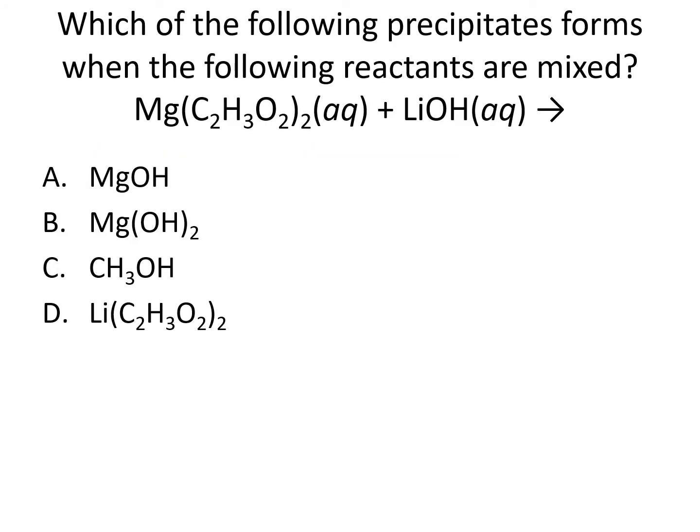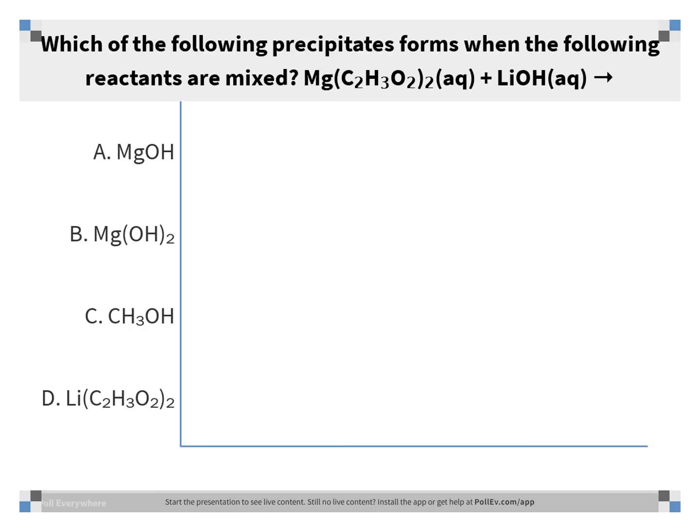Which of the following precipitates forms when the following reactants are mixed? The reactants that are mixing are Mg(C2H3O2)2 aqueous and LiOH aqueous. Is the answer A, MgOH, B, Mg(OH)2, C, CH3OH, or D, Li(C2H3O2)2? The correct answer is B,